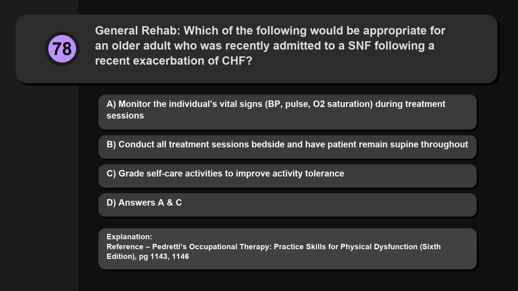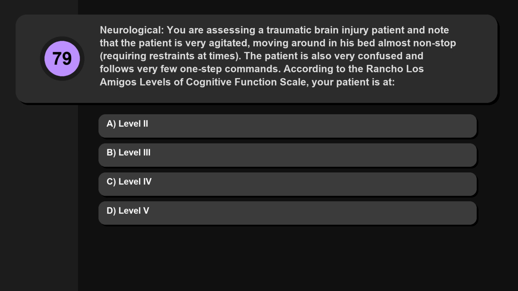Reference: Pedretti's Occupational Therapy, Practice Skills for Physical Dysfunction, 6th edition, pg 1143, 1146. Question 79. Neurological. You are assessing a traumatic brain injury patient and note that the patient is very agitated,